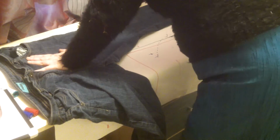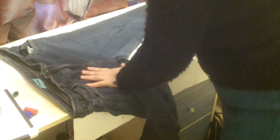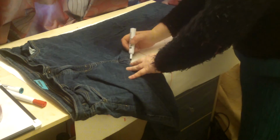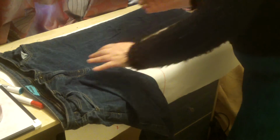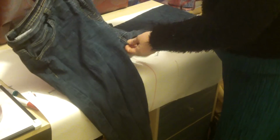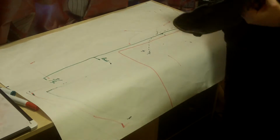So, these are stretch jeans. Again, I'm still quite short and I'm still quite round, but the points are still going to be the same. So if I use a different coloured marker and do the points from the point of the waist, so this is the button, and a point from, which I suppose is the top of the legs, then I have, and I've used the fold of the jeans on that seam, then I have two bits of information